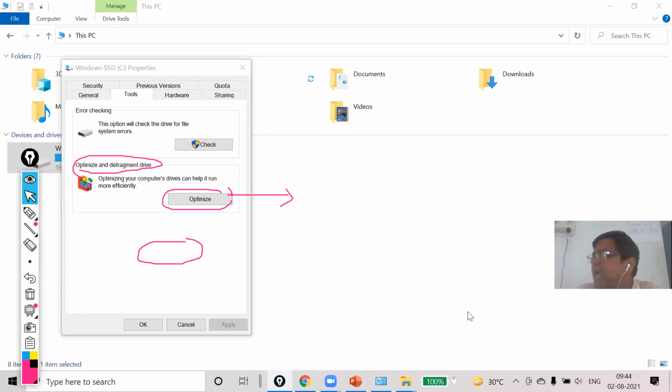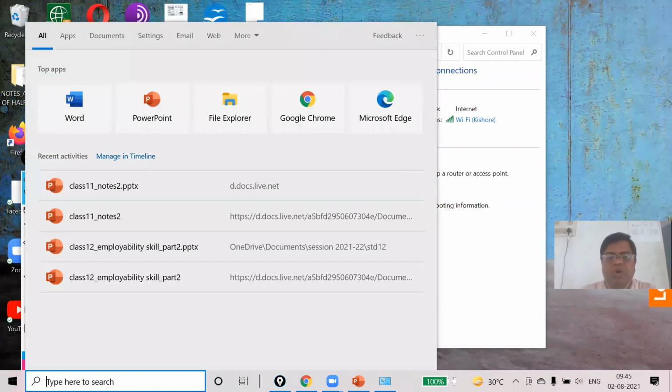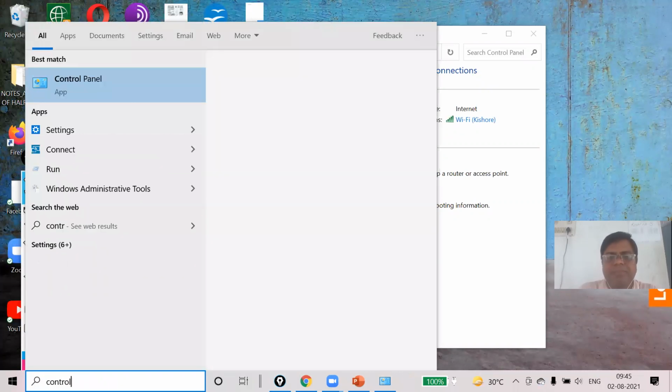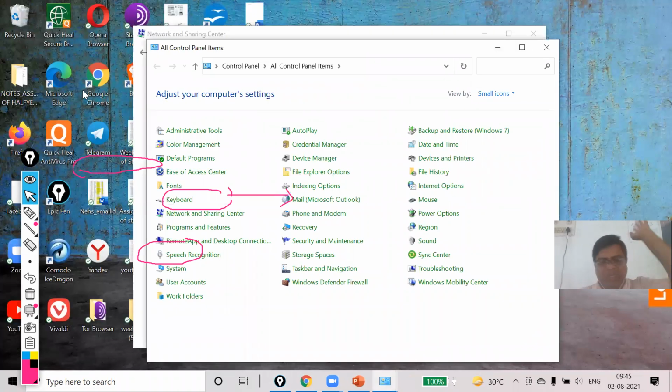Students, sometimes it happens that even when we have more space on our hard disk, our system is still slow, my dear. So in that case, whichever unnecessary application programs are running, close them. Here, first of all, I will go to my Control Panel. Directly you can go, my dear.